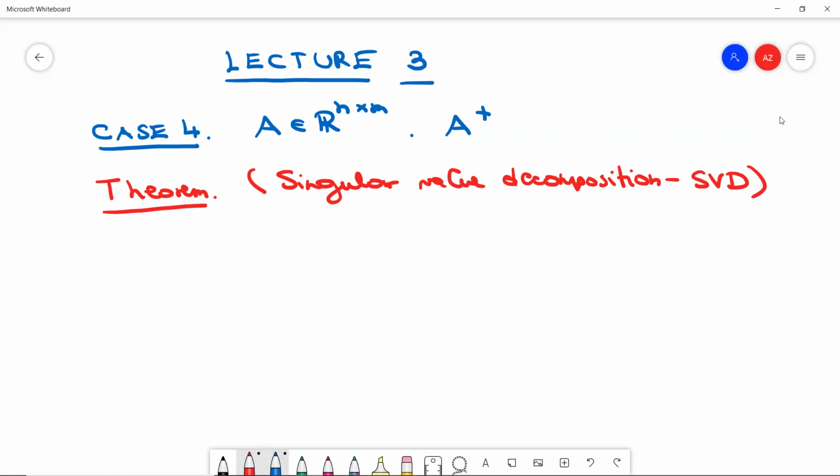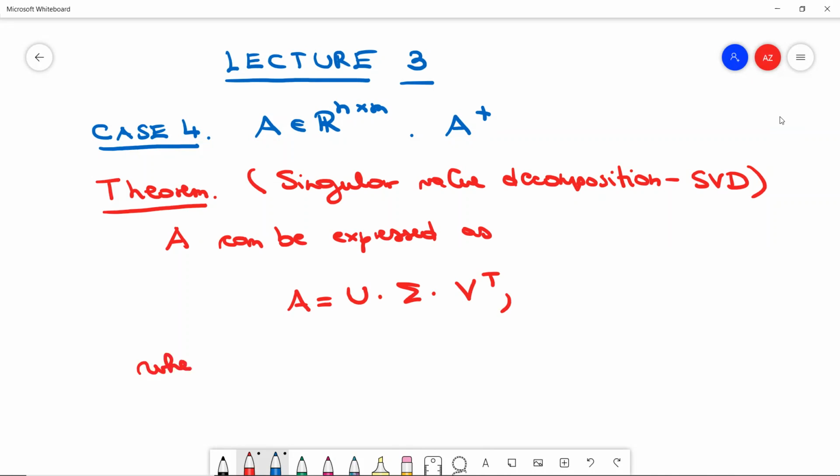So we have matrix A as above, and we claim that A can be expressed as the product A is equal to U times sigma times V transpose,